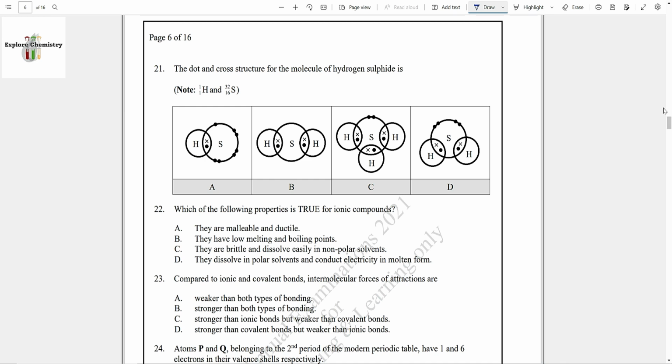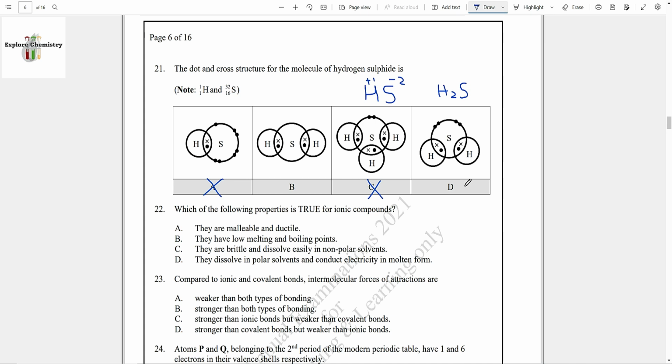Number 21, the dot and cross structure of the molecule hydrogen sulfide is. First of all, you need to write the formula of hydrogen sulfide. Then you will be able to identify the correct dot and cross structure. Sulfur valency is -2, hydrogen valency is +1. So the formula will be H2S, meaning there should be 2 hydrogen atoms present. Now C is wrong, it is having 3 hydrogen. A is wrong, it is having only 1 hydrogen. Now either